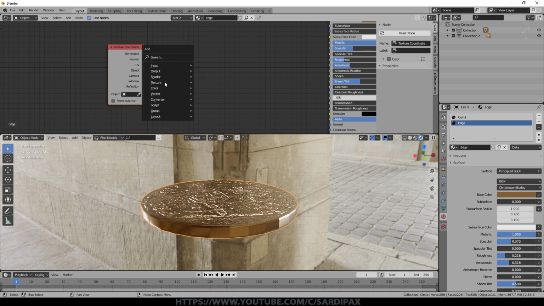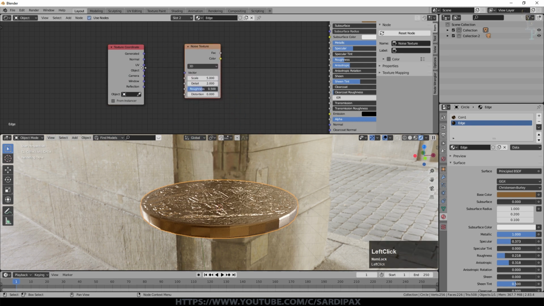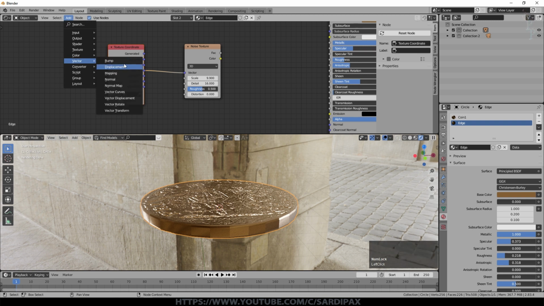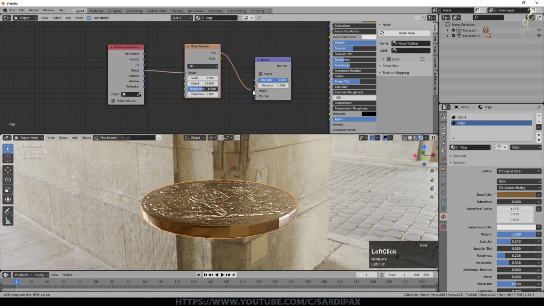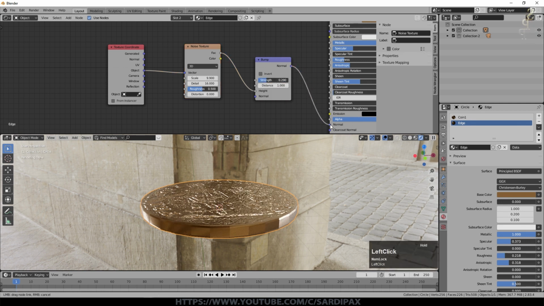I'm going to add a noise texture, and take the object coordinate into the vector of that. I used a scale of about 9.9, maximum detail, although you can go higher by typing it in, and then add under vector a bump node, take the factor out into the height. I set the strength to about 0.29, and then that output goes into the normal.